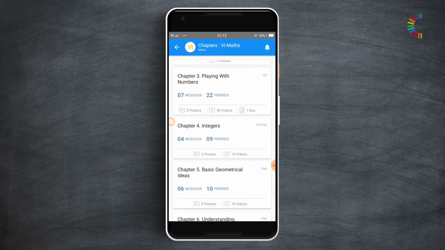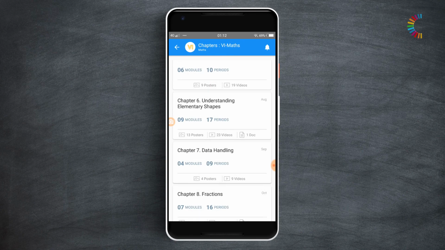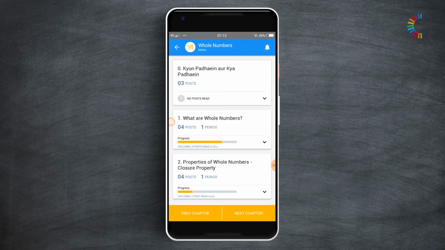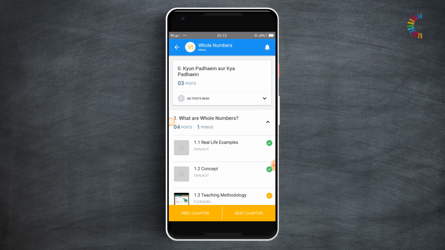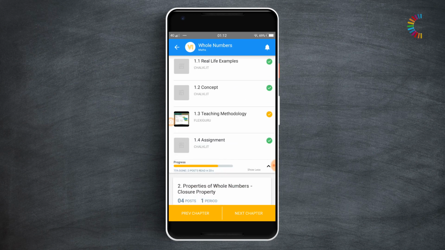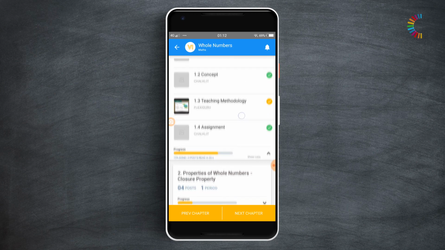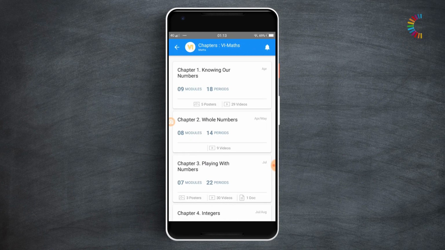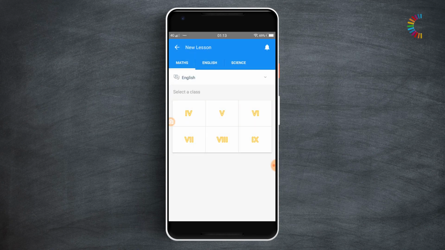Here are the chapters divided into modules and posts. These posts have learning objectives, real-life examples, concept to be delivered, teaching methodologies, misconceptions to be addressed, and assignments and assessments. These are meant to help the teacher take an effective class every day and address different kinds of learners